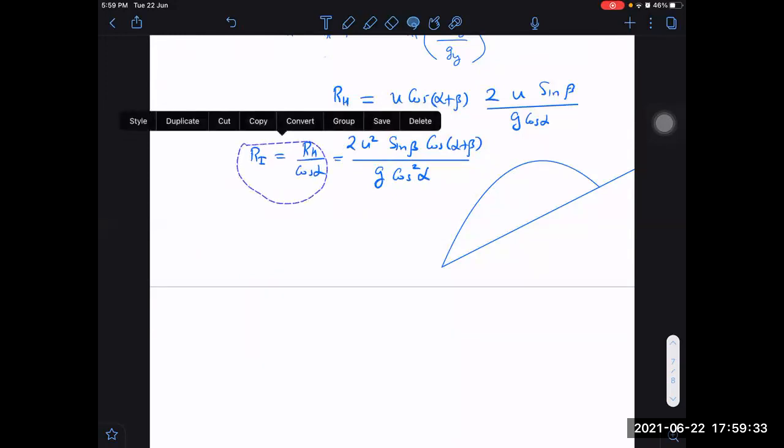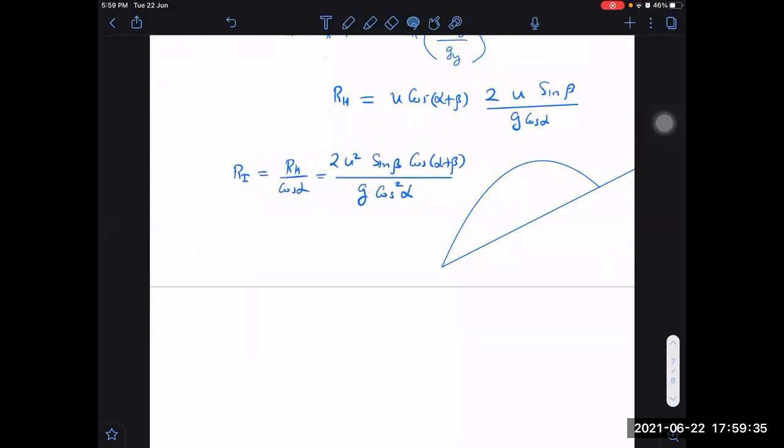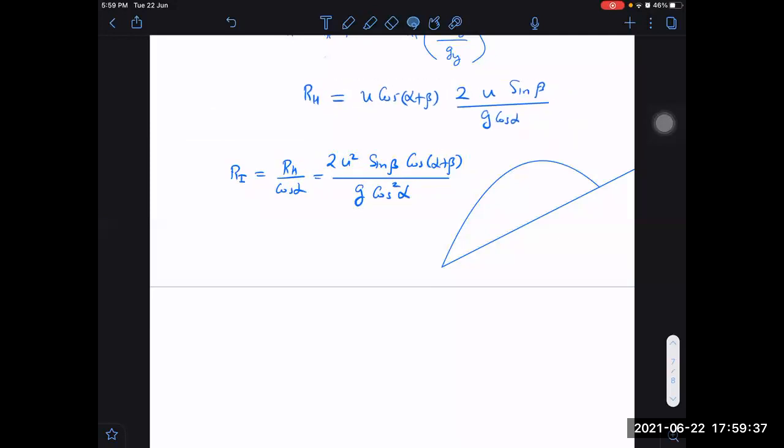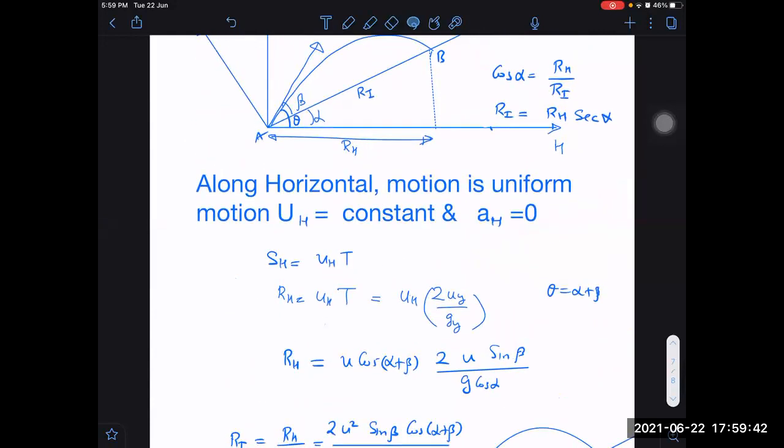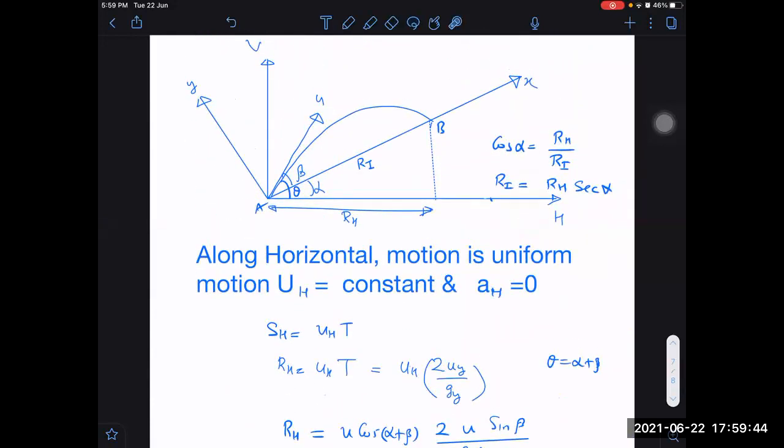Sir, you took time of flight up to there only, no, sir. I took the total time of flight, not half the time. But you took RH, no, sir. We have to take up to that time, up to H, means up to this, right? Understand one thing. It is striking here. After that, it cannot go because there is something here. Imagine some road or some hill or some plane. It hits that. After that, how can it go there? But how can we take RH equal to UH dt? That I can tell you.